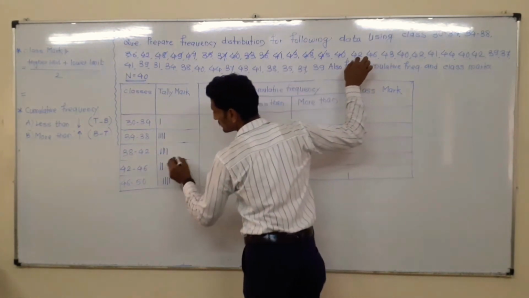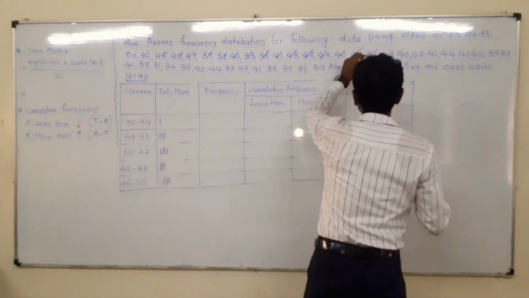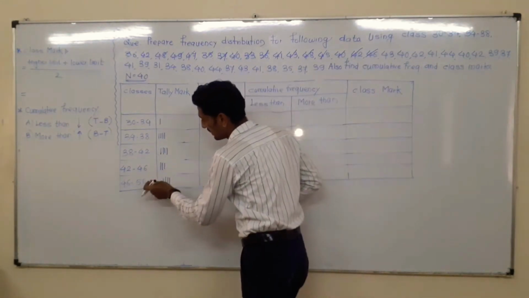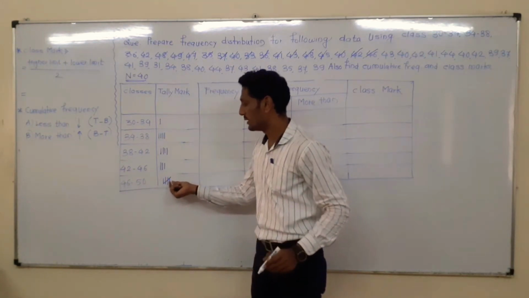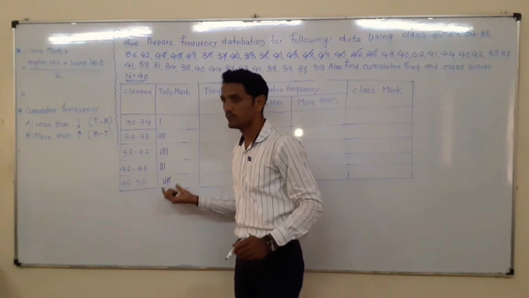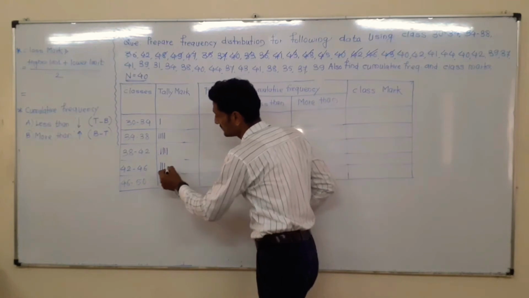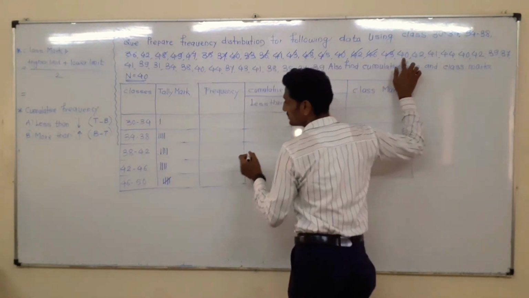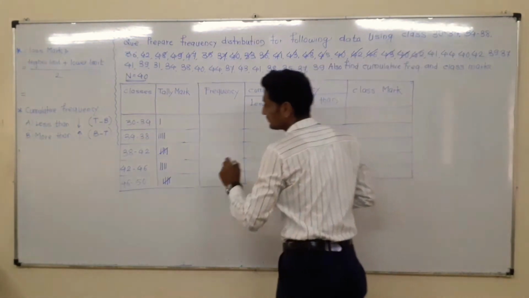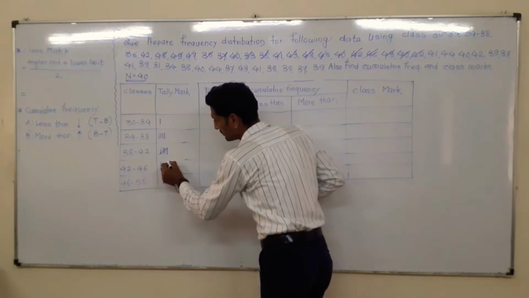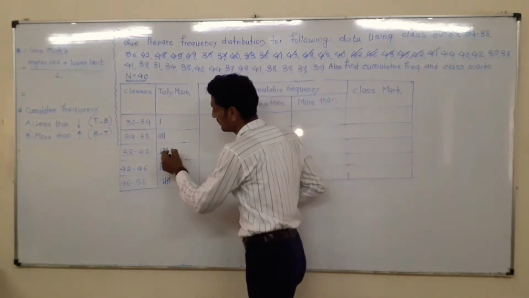Next 42, that is either here or here, so I will draw here and cross it. Then 46 lies either here or here, so I will bunch it. Means the fifth element is shown by the cross, and that will make a bunch. Then 43 lies here. Then 40 here. 42 lies either here or here, so I will mark here. Then 41 will lie here.